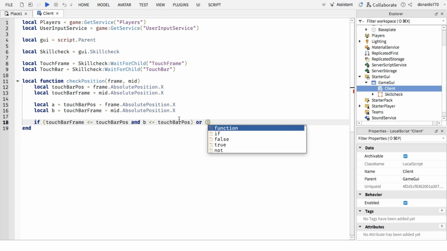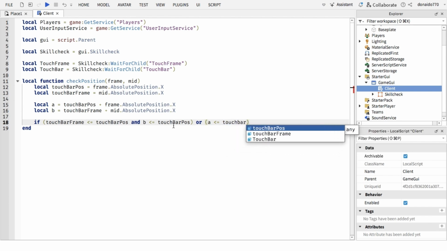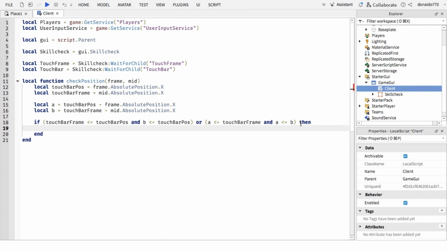And then we're gonna do another one. Or, and then the bracket is less than equals to touch bar frame. And A is less than equals to B. And we're gonna do then